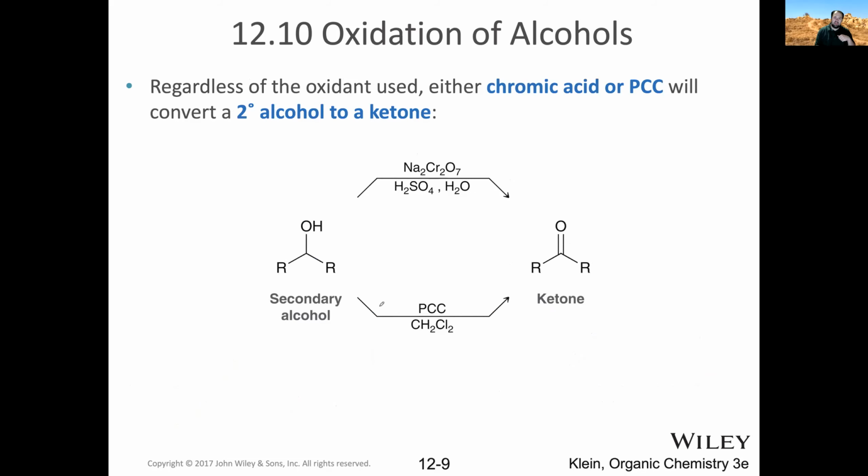It turns out any of the oxidizing agents we're going to learn about in this section, whether they're the acidic aqueous ones, or the PCC in dichloromethane, or the two we're going to learn more about in the main lecture on Tuesday, which are Swern or DMP,